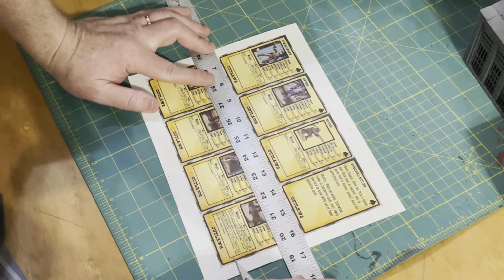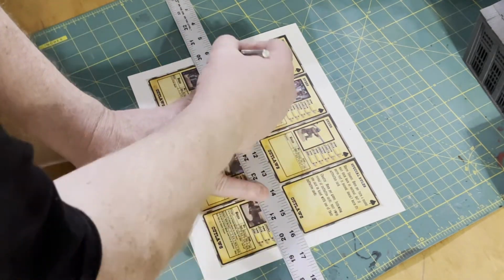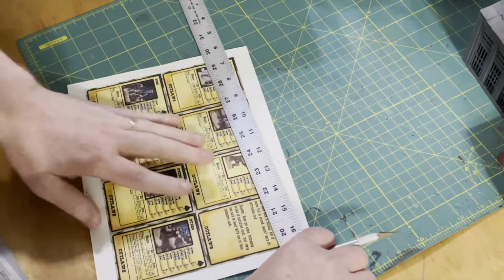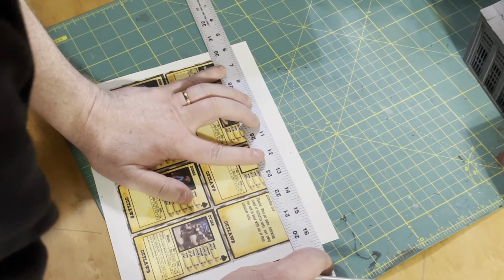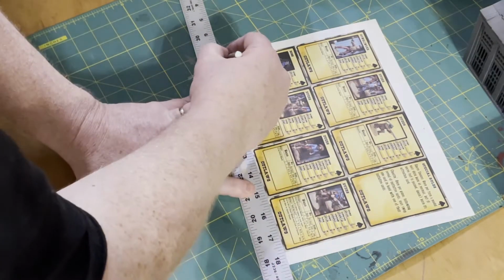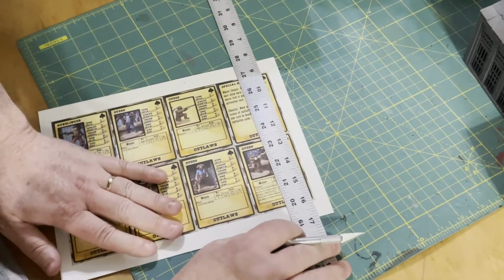And so what I can do is line up this blue edge to that blue edge, and I should see a blue line running all the way through the middle. And I just make the cut. Same thing up here. Blue line to blue line. We have the length cuts. Now I'm just going to cut